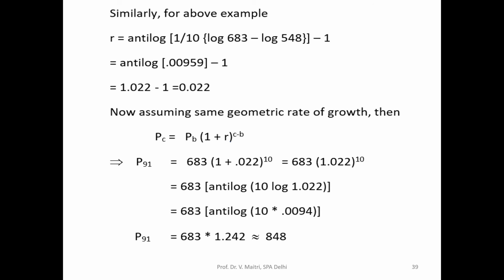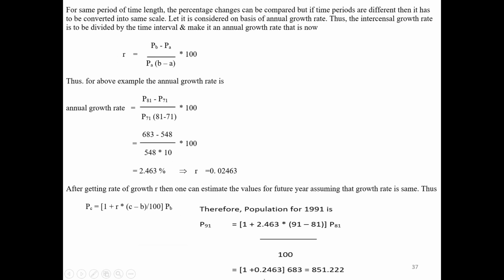Now for the above example which you have done, we are using what? Arithmetic growth rate. But we are supposed to compute the geometric growth rate. So for geometric growth rate we find out the anti-log of 1 by 10 (log 683 minus log 548), which is 1.022 minus 1, that is 0.022. So geometric growth rate is 2.2%,